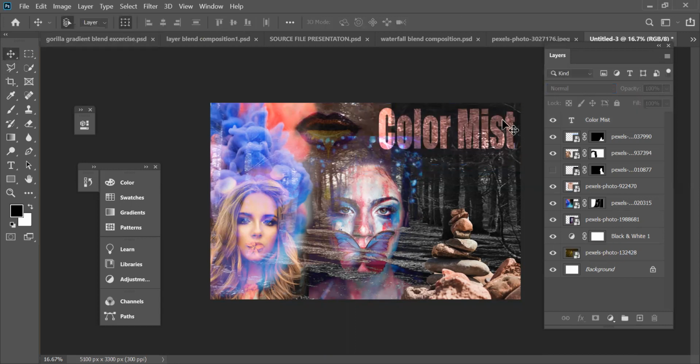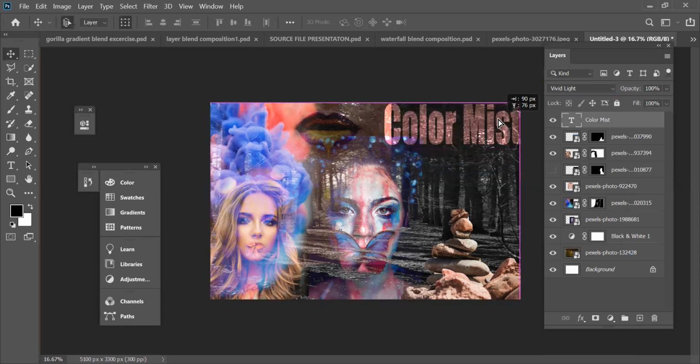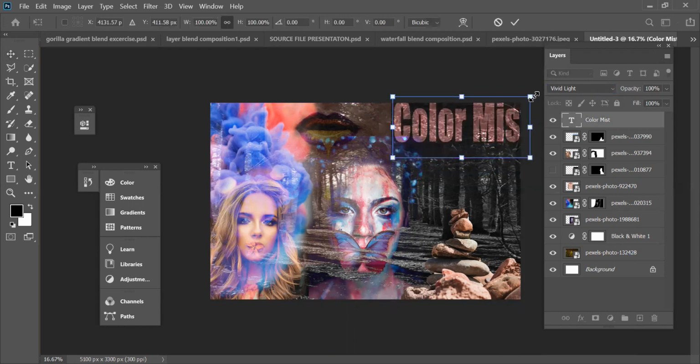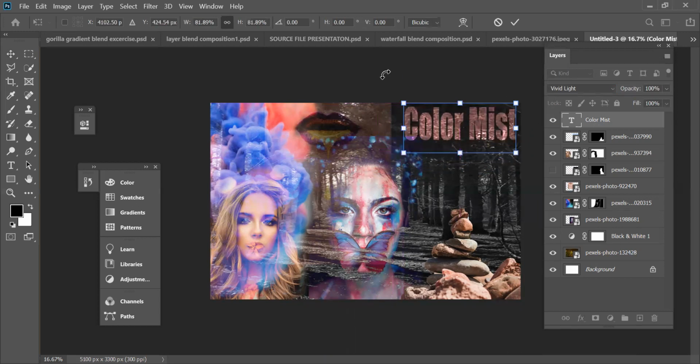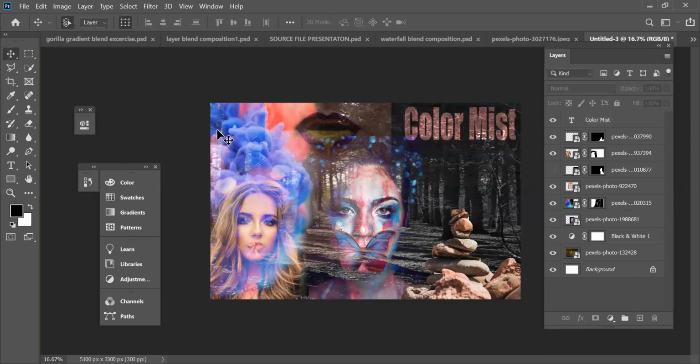So I've used this blend over here. Maybe I'll reduce the typeface a bit. And then I will add my palette over here.